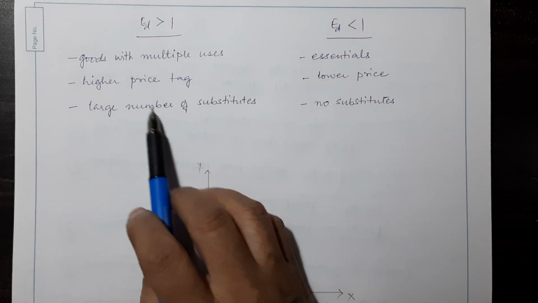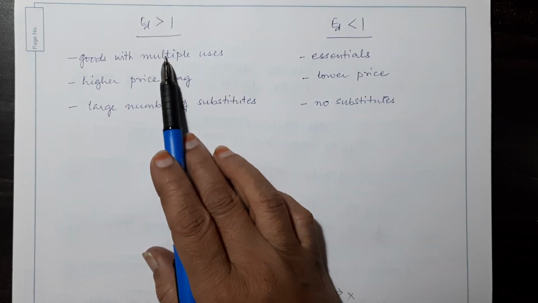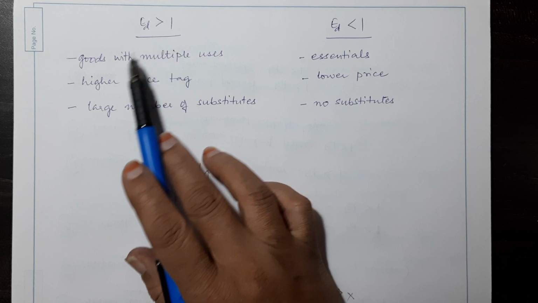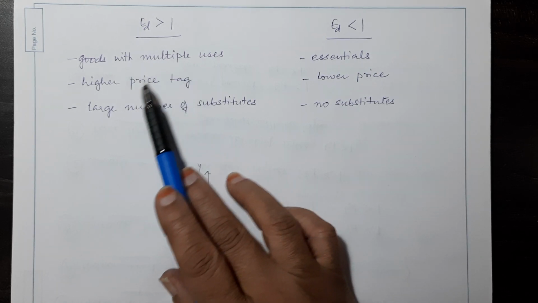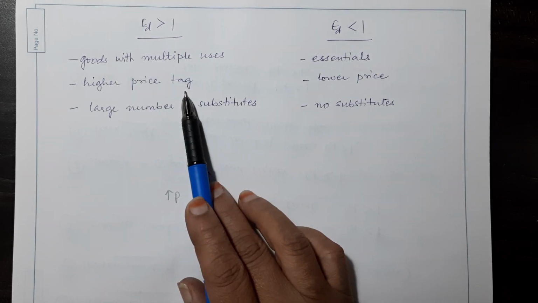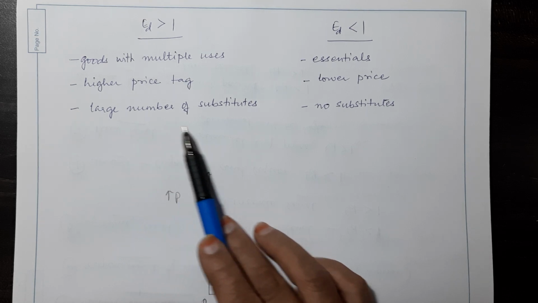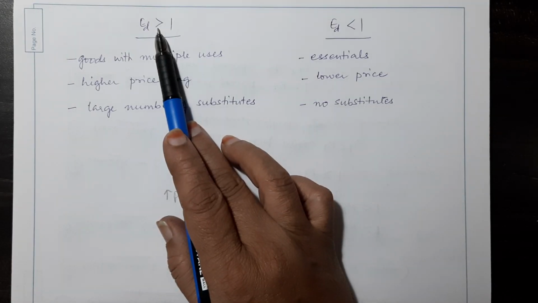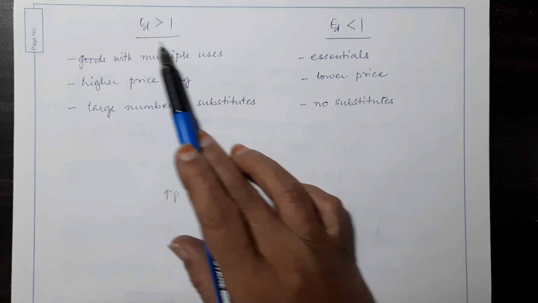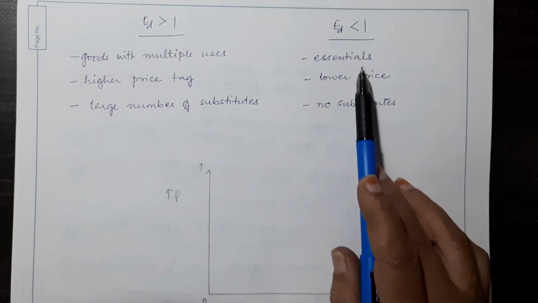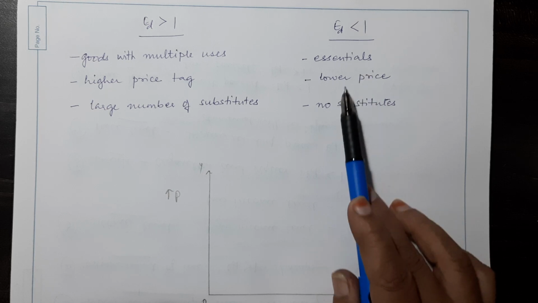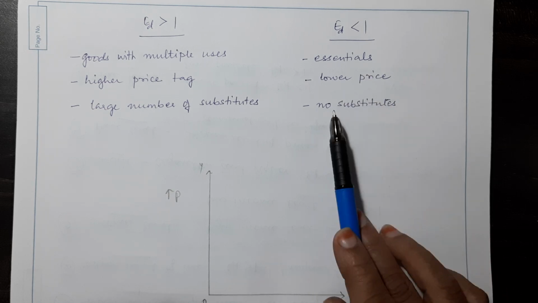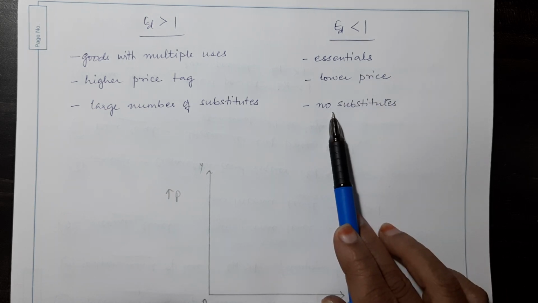Finally, what are those goods which have more elasticity, more than 1? Goods with multiple uses, those with higher price tags, and goods that have a large number of substitutes will have a higher elasticity or are more elastic. Then those with less elasticity are those essential goods, goods with lower price tag, and goods that have no close